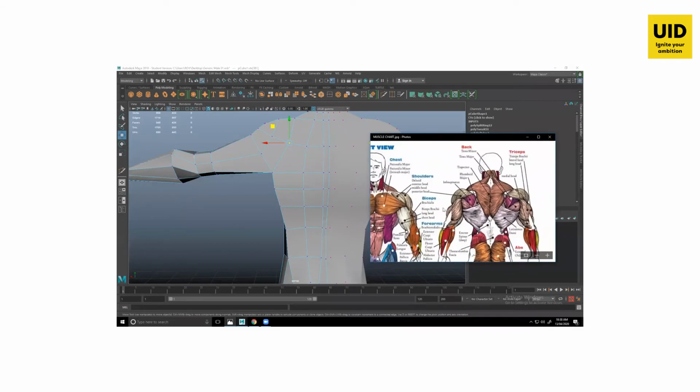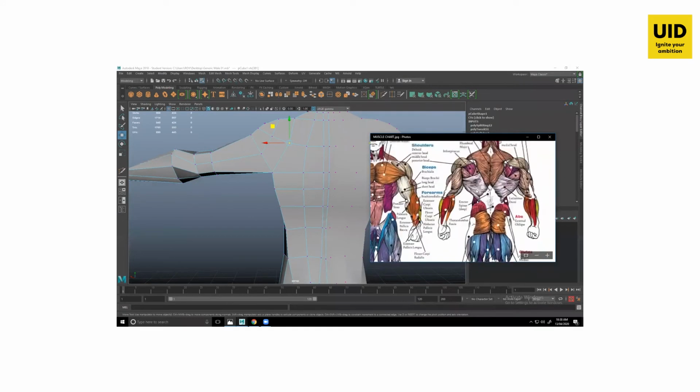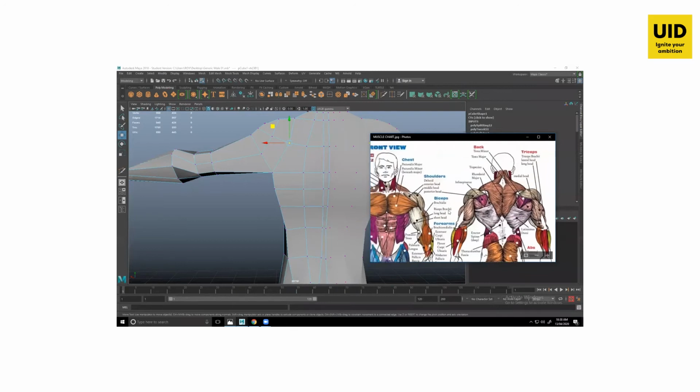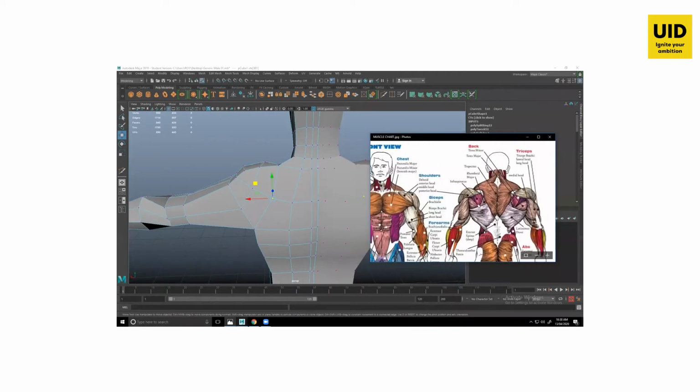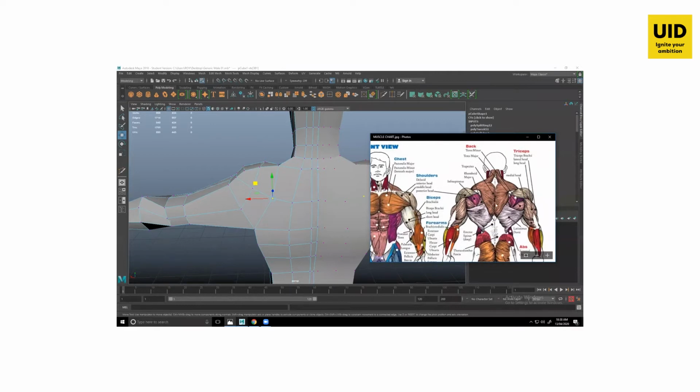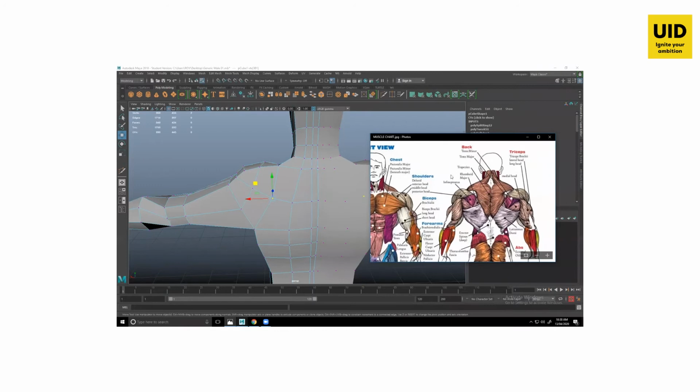So this is the best I could find, which has all the muscle names given. So this time we'll be working on the trapezius part. This is the orange color that is visible, this is the trapezius. Okay, you can